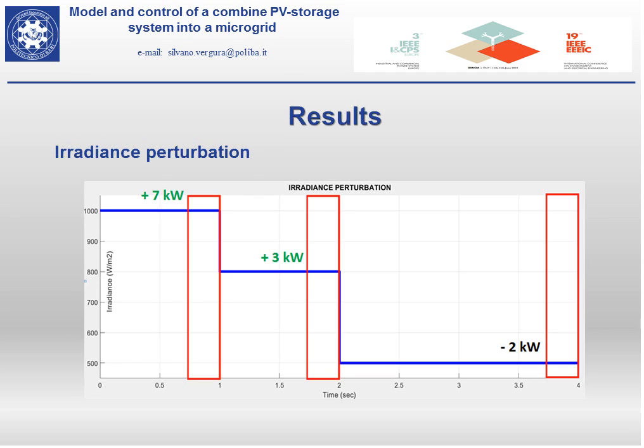To simulate the system, we have chosen this irradiance perturbation, so first an excess of power of 7 and 3 kilowatt, and then a default of power of 2 kilowatts. We have only focused our study on the steady state regime, which corresponds to the red rectangle areas.